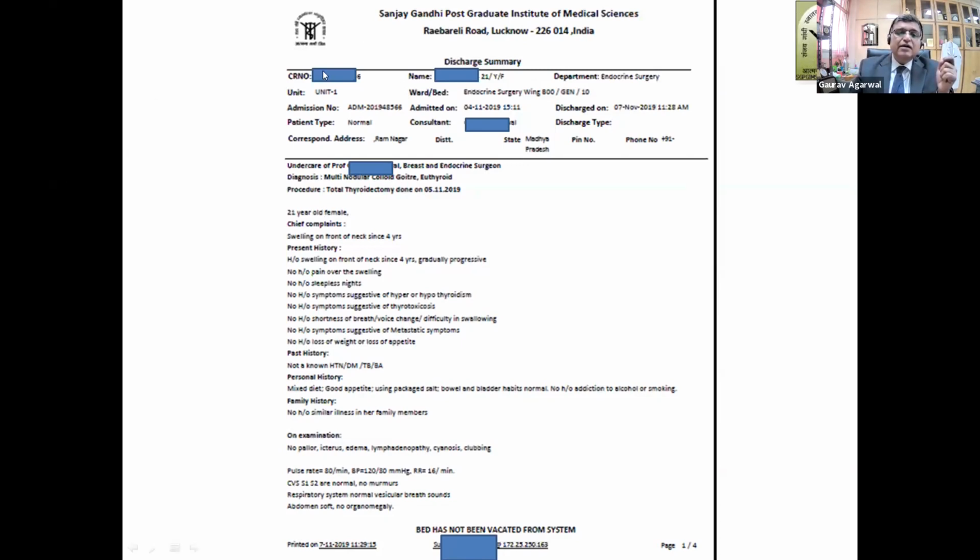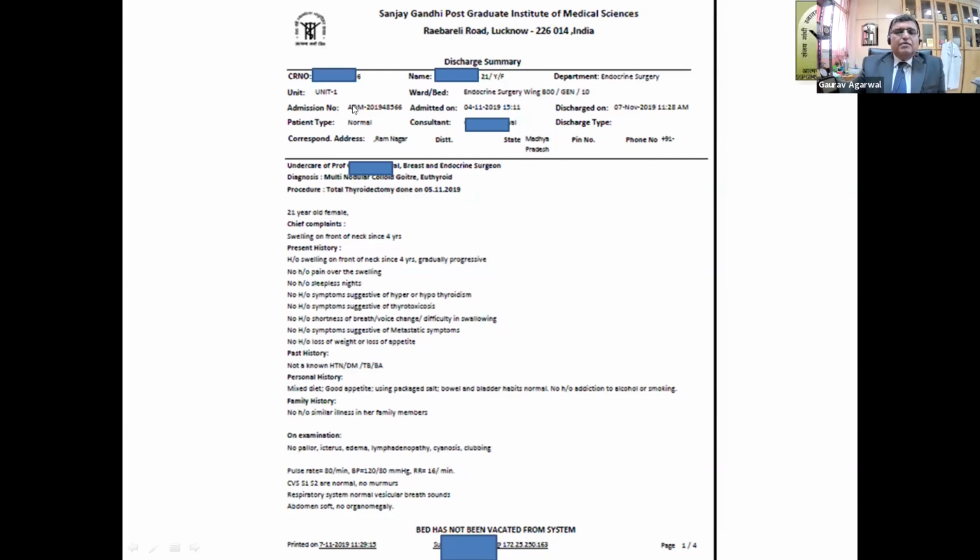So it has the CR number, the name of the patient, the age, gender, department where the patient was admitted. In fact, this is the name of the department or the ward from where the patient is discharged. So the patient may actually have been admitted elsewhere, but may have been shifted to a different ward, but the department and the ward names which are printed are those of where the patient was discharged from. In case a department has a number of units, the unit's name, ward and bed numbers.